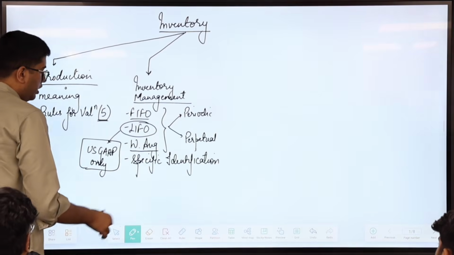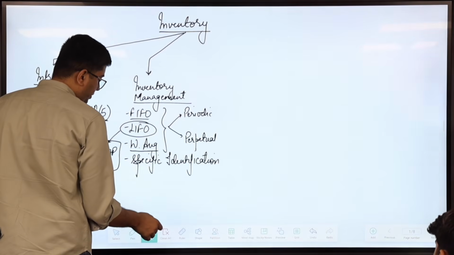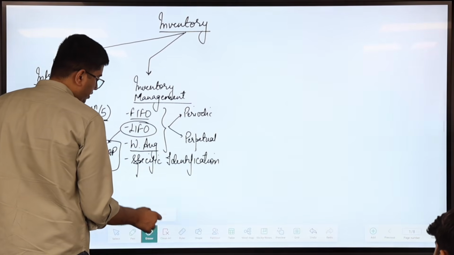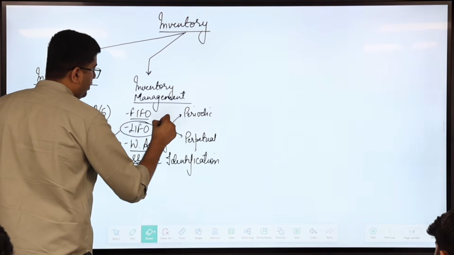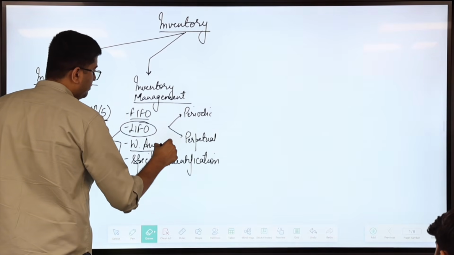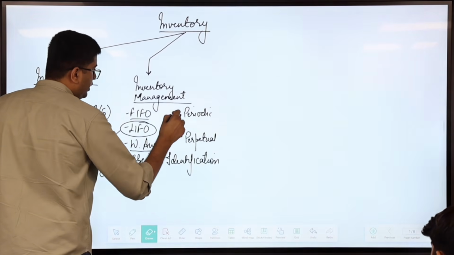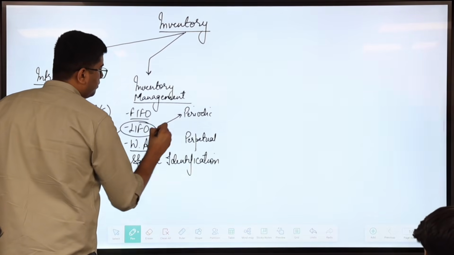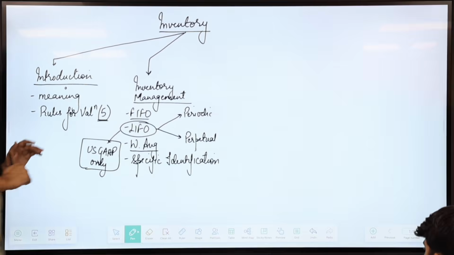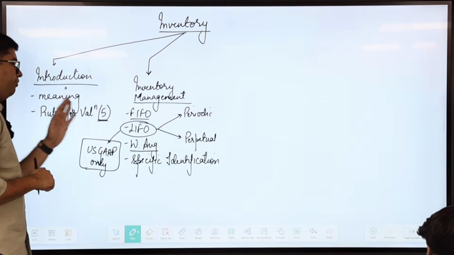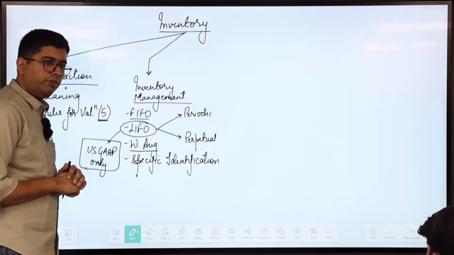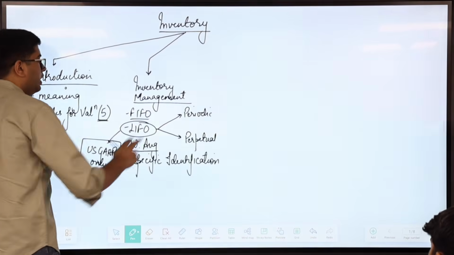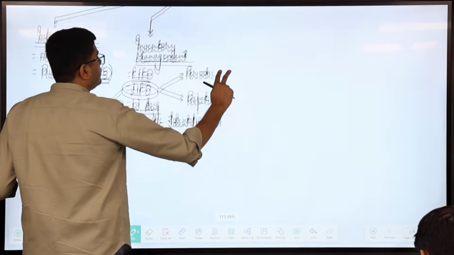So now, for the purpose of mind map, what we can say is the periodic and perpetual classification is only relevant for LIFO. Right? Makes no difference in FIFO and not practically relevant for weighted average approach. Now, apart from this,